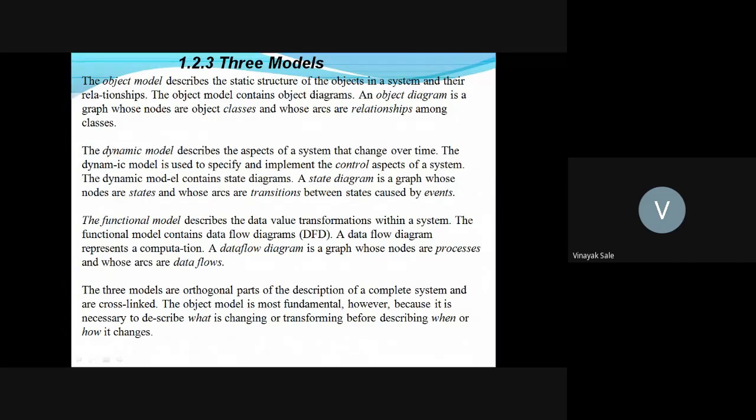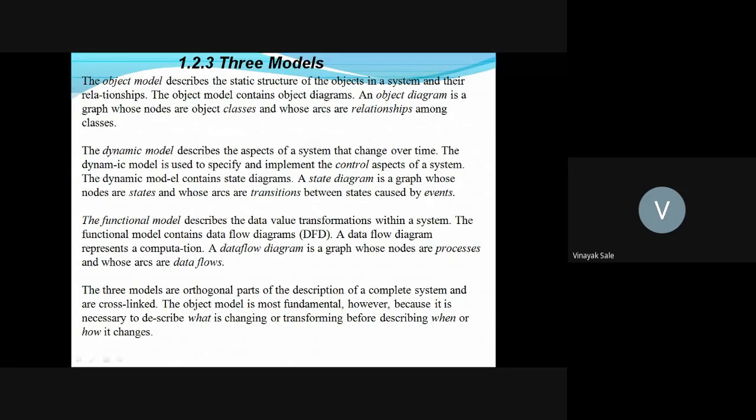And the functional model. The functional model describes the data value transformation within a system. The functional model contains data flow diagrams. The data flow diagram represents computation, and a data flow diagram is a graph whose nodes are processes and whose arcs are data flows. A question may be asked: write the difference between the three models, object model, dynamic model and functional model.